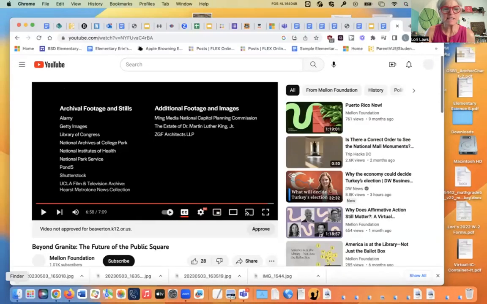So kind of an interesting thought about what monuments are, why do they matter, how do we make them, are they permanent or does history change, and who do they represent, whose stories do they tell? So as you're going through this, you can choose a monument like the Lincoln Memorial and just do it on that. Or if you want to, you could choose one of these more modern monuments. They're all in that assignment in language arts.